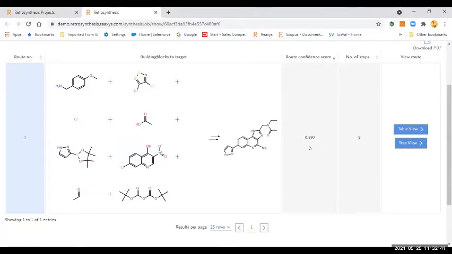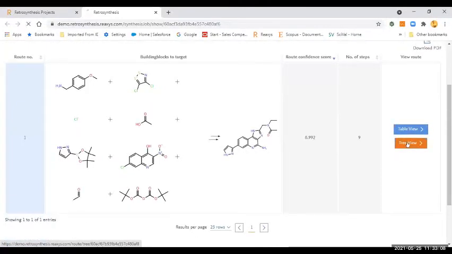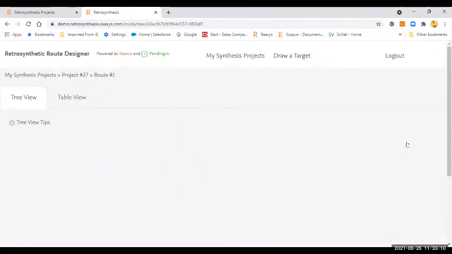And you also see the confidence score here. For other molecules, if there are multiple routes, they get rank ordered based on the route confidence score, with one being the highest number. On this part, you see the building blocks, which are the commercial-level starting materials, and you can view your route with 2 options: either table view, which is more of a reaction view, or tree view, which is a retrosynthesis view. So if I click on the tree view here,